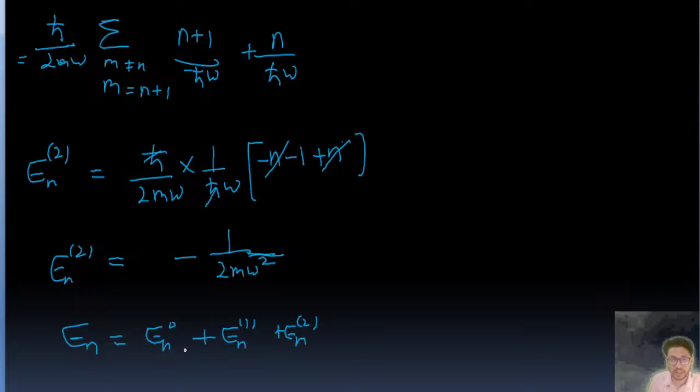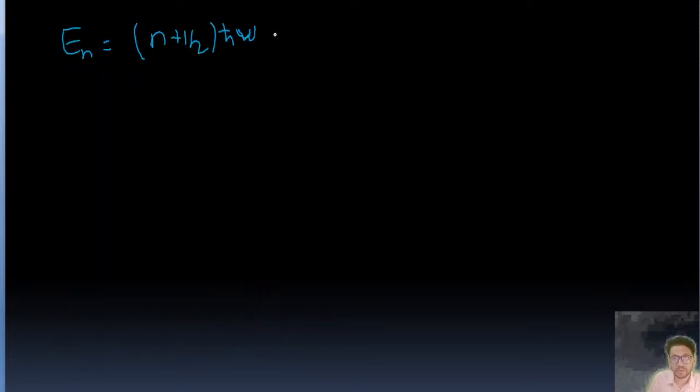And En1 for a harmonic oscillator is 0, the first order correction in the energy is 0, and the second order correction in the energy value is this, right? So we'll put plus 0 and minus